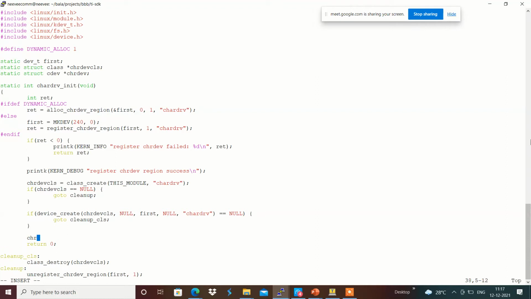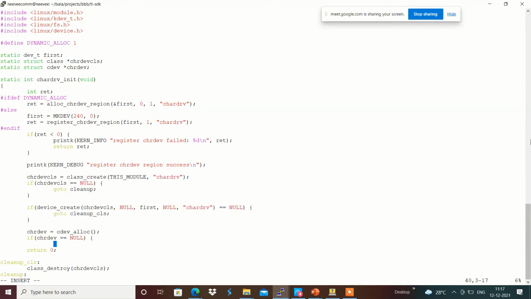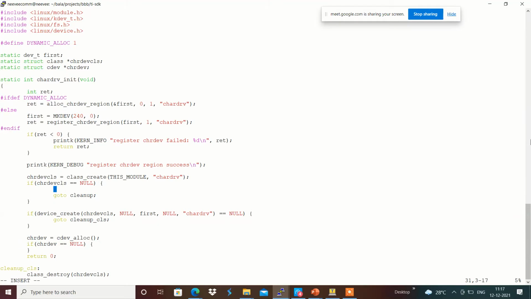Character dev equals cdev_alloc over here, and if character dev equals null, then the allocation has failed, so maybe we have to add that information, printk